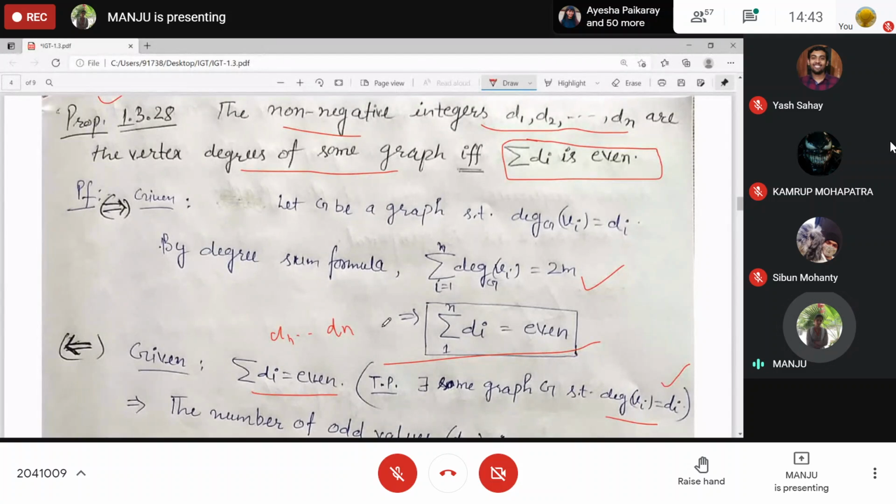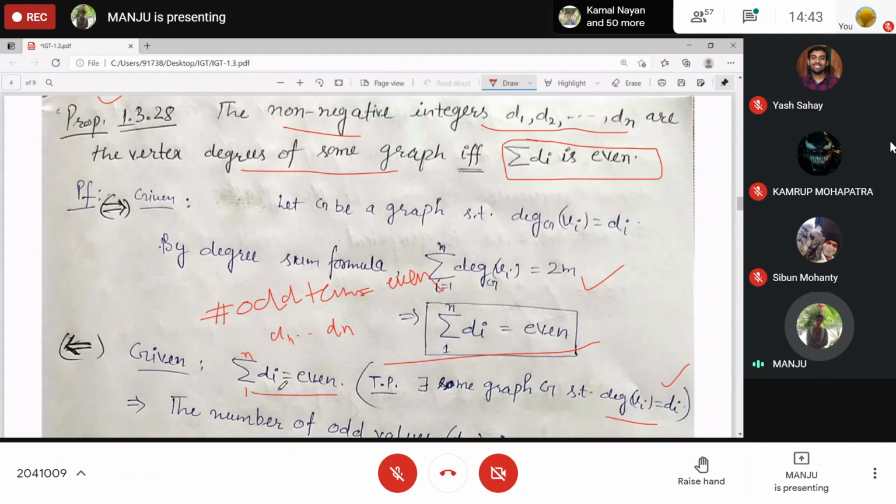What can you say about the number of odd terms if the summation is even? Tell me. Even. Yes, clear?